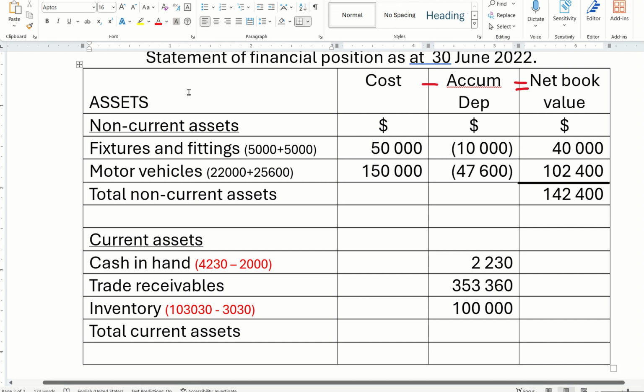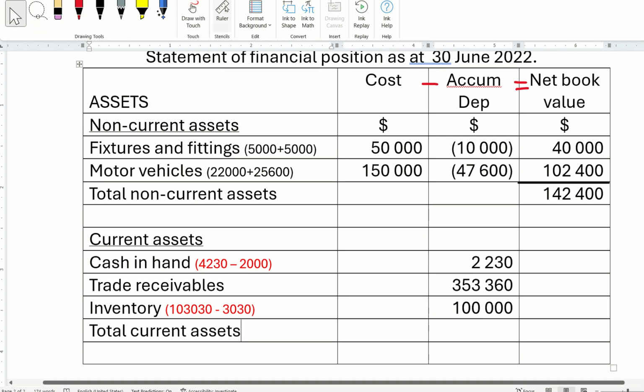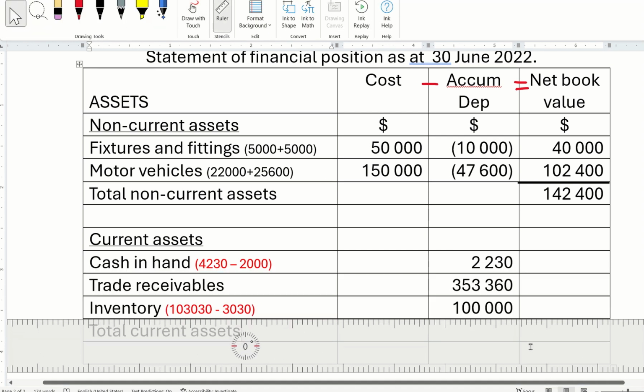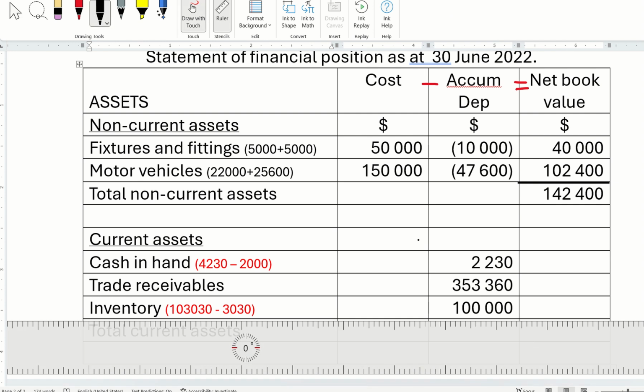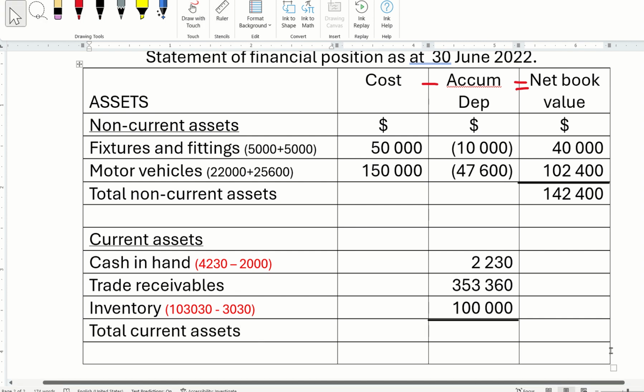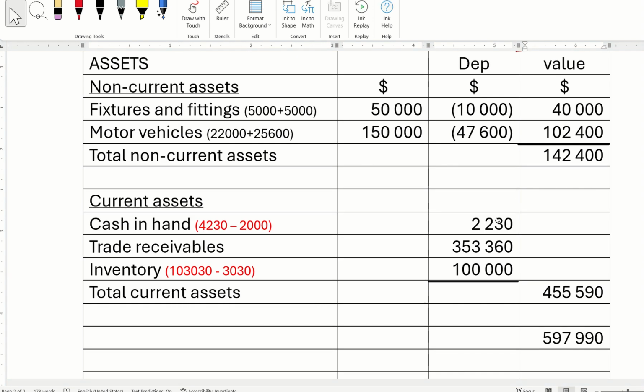I will sum up the value. I will take a ruler, draw a line, because I'm going to sum up these 3 values. And when I sum up something, what plus what plus what, then equal, right? That is what my line is for. And I will write the answer in the final column. After I sum up the 3 numbers, my total current asset is